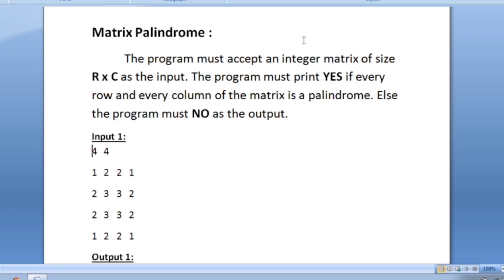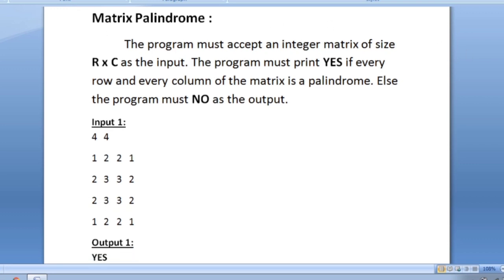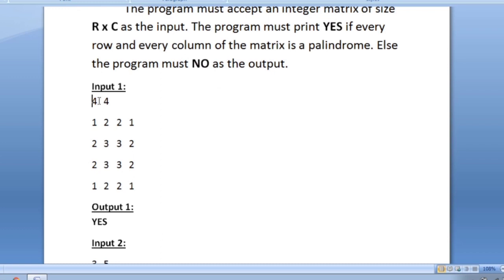So let us understand the question with a sample input. So this is our first sample input. The first line contains the values of R and C, which is followed by the R cross C matrix. Let us now take the first row of the matrix. Here when we read the values from first to last, the values are 1, 2, 2 and 1.